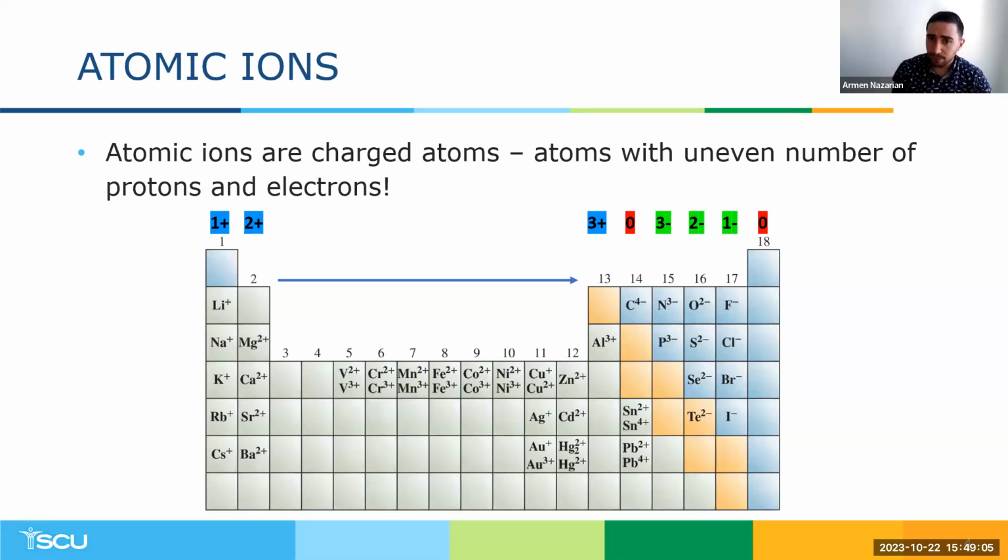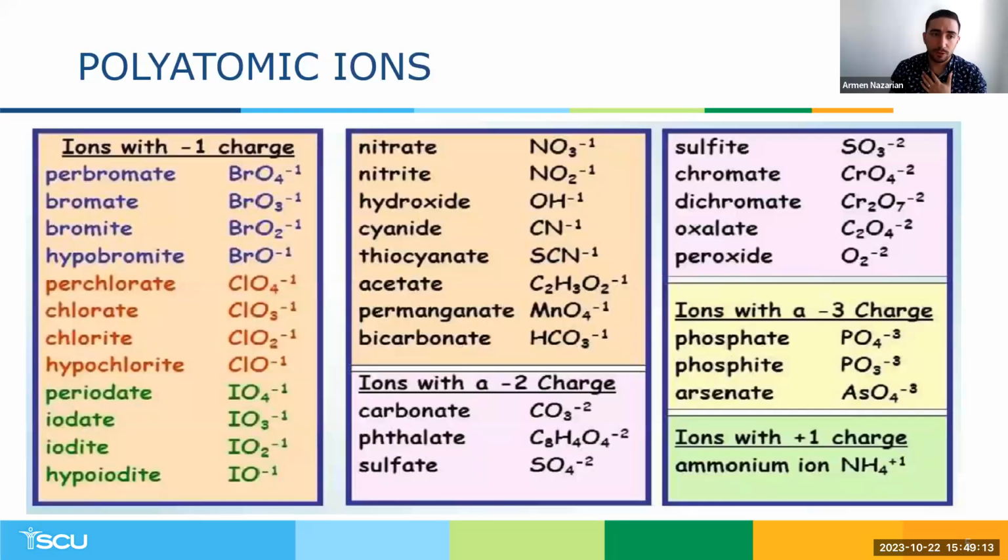These are known as atomic ions because it's just one atom gaining or losing electrons and becoming an ion. But there are molecules that could acquire a communal charge, and they are known as polyatomic ions. Polyatomic ions are molecular ions, molecules that carry a charge. Because molecules, as we know, are neutral. But what if it's charged? Well, it becomes an ion. And there's a list of some of them.